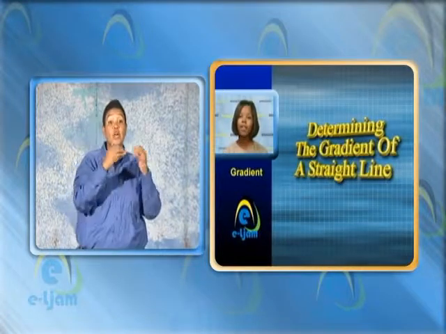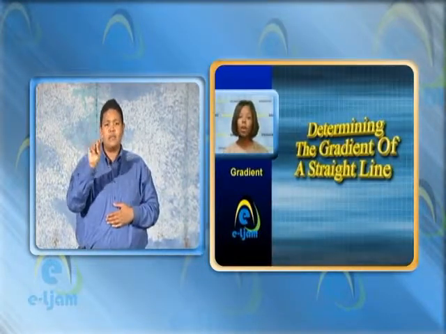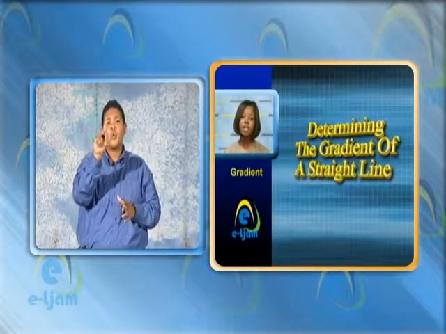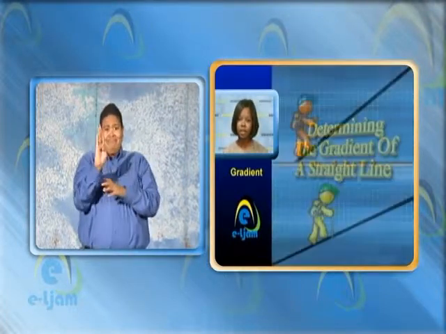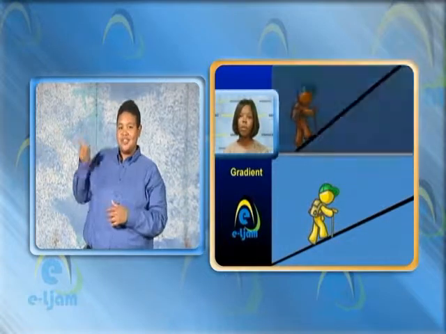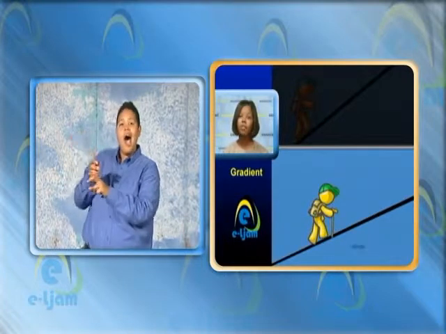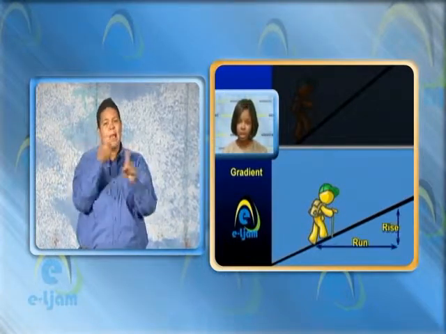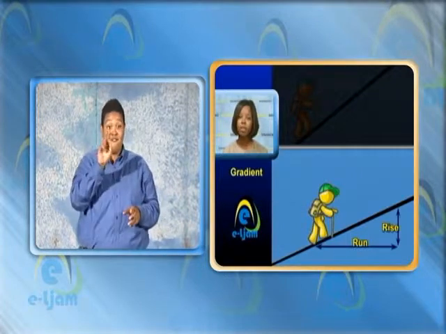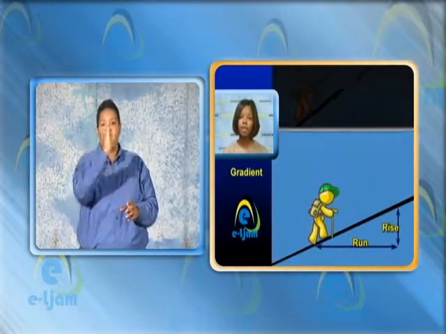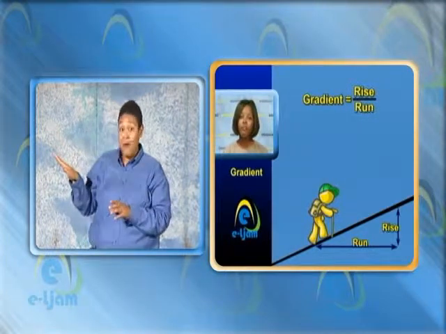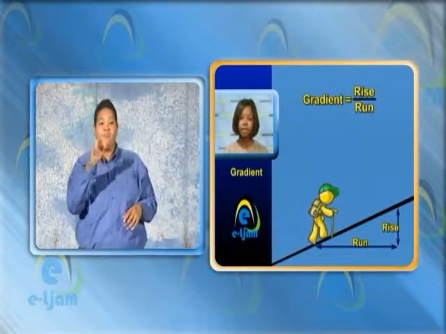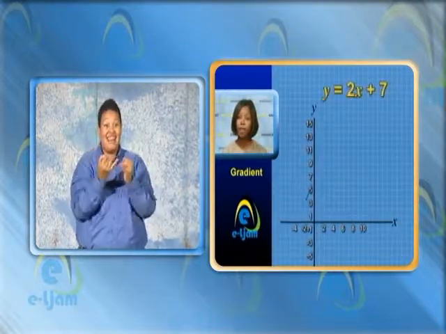Equations of lines have a gradient. The gradient of a line, also called its slope, refers to the steepness of the line. Look at the following two pictures. Who has the easier climb? The one whose slope is less steep would have the easier climb. There are two components which affect slopes, the vertical rise and the horizontal run. The gradient or slope of any line is the ratio of the rise to the run of a line. If we look back at the equation y = 2x + 7,